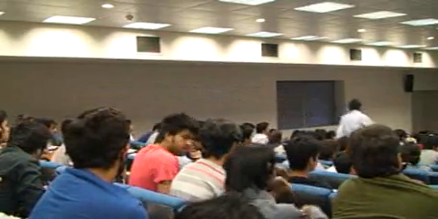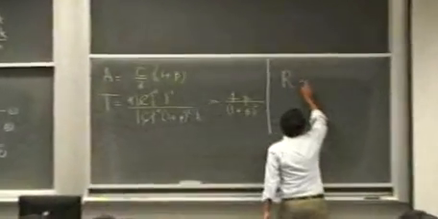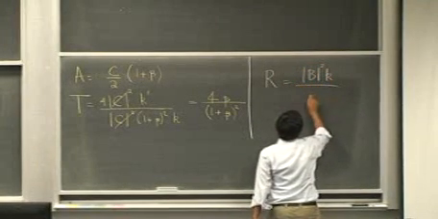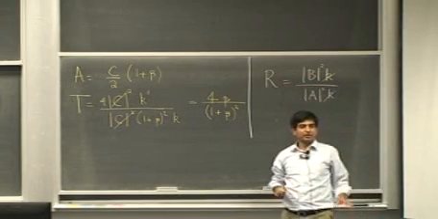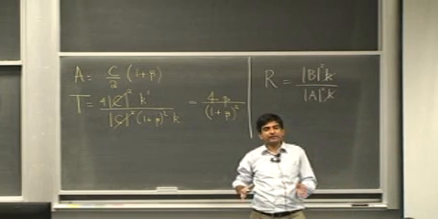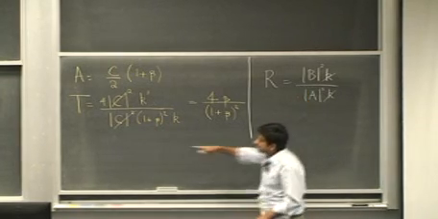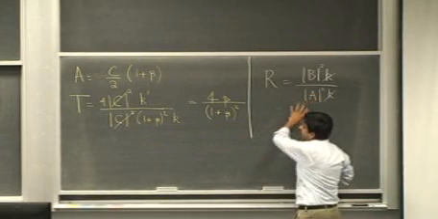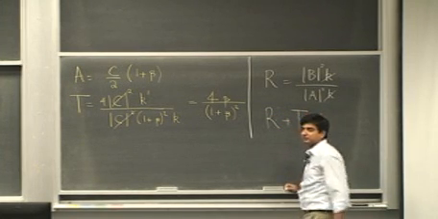Alright, so that's very good. Students have a fair idea of how to define the reflectivity. That reflectivity is simply B mod squared into K over A mod squared into K. This K just cancels out because both the incident and the reflected waves are in the same medium. And then you can eliminate C from those equations, and you'll find an expression for R, and later you can verify that R plus T equals 1.